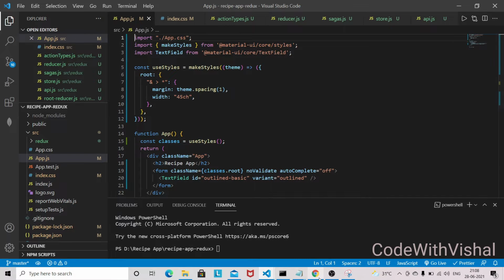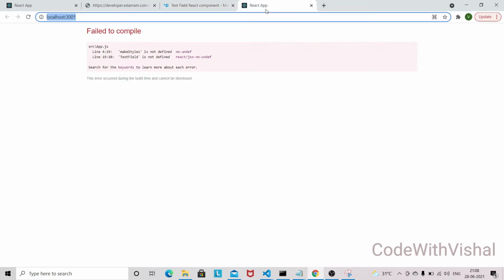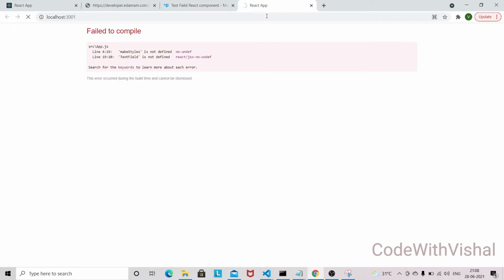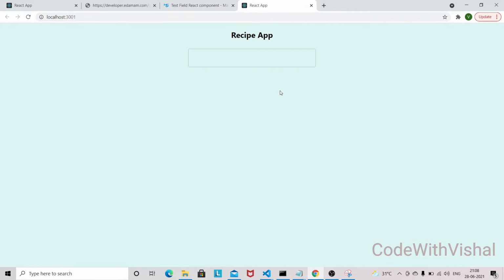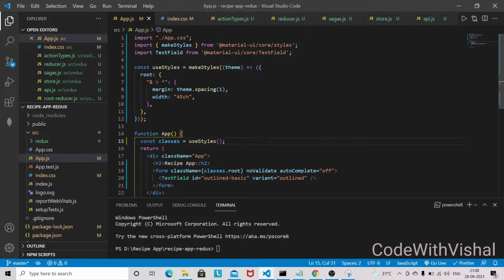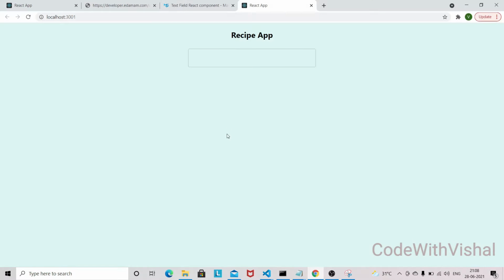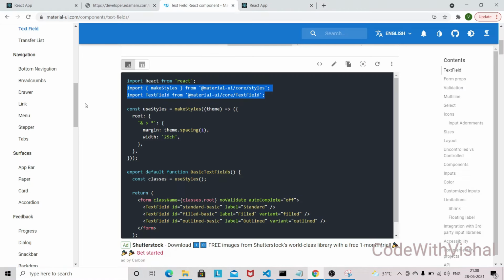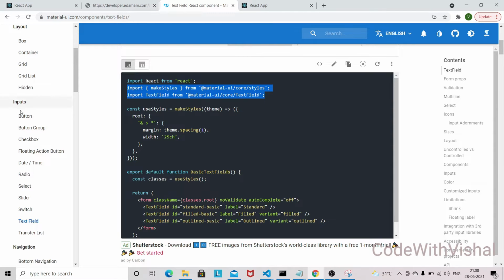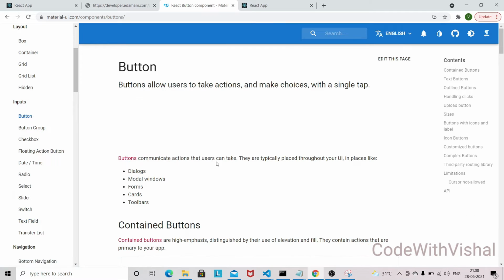So let's go into the browser, refresh it. So now we are getting our input field. Now we need a button here. So in order to get a button, we need to again visit Material UI, and in Material UI I am going to use this button.